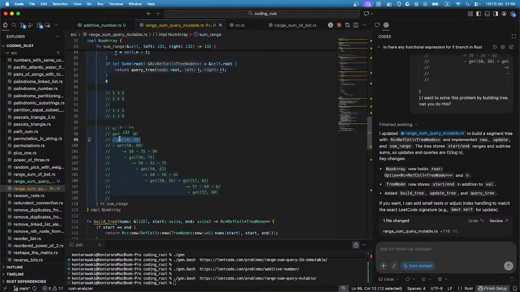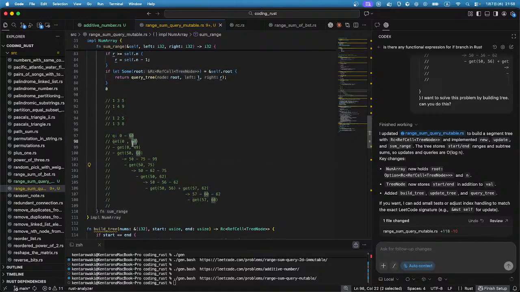So in this case, the tree has 100 elements, so the root of the tree has the total value of all elements, right? So if the query is 0 to 99, which is all of them, we can